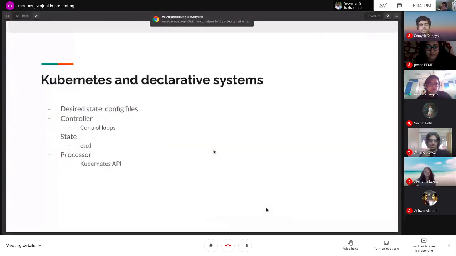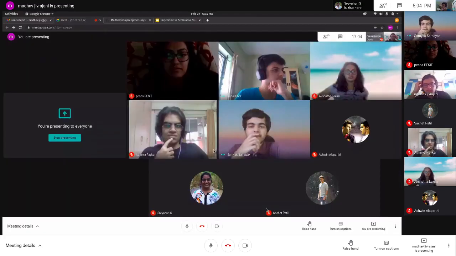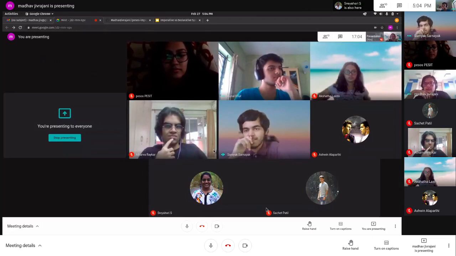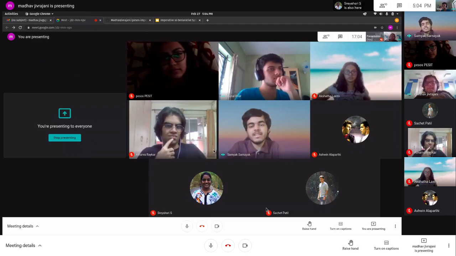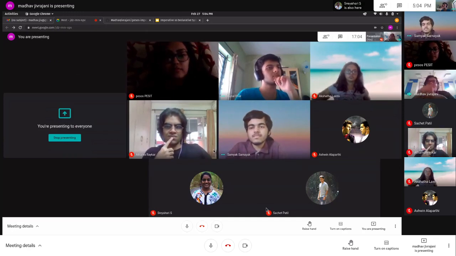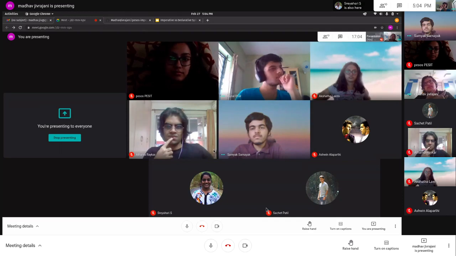So this would be something like you're issuing Docker commands to get some kind of cluster running. That would be imperative. And exactly, Docker Compose would be declarative. Even Docker Compose, yeah, exactly. I wouldn't say it's declarative, because the Docker daemon again monitors and issues commands, but the user doesn't issue commands. So you can say it's declarative in a way.